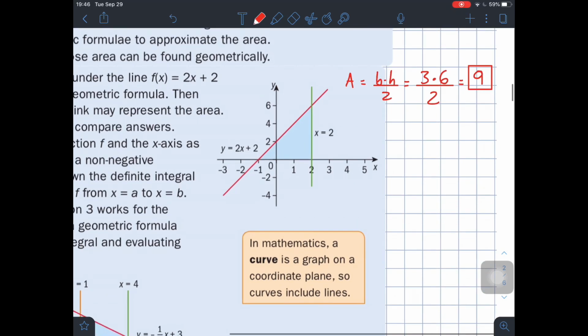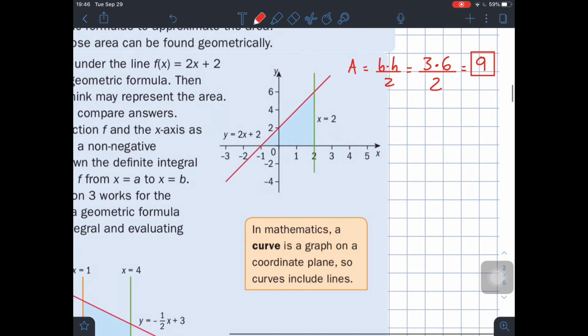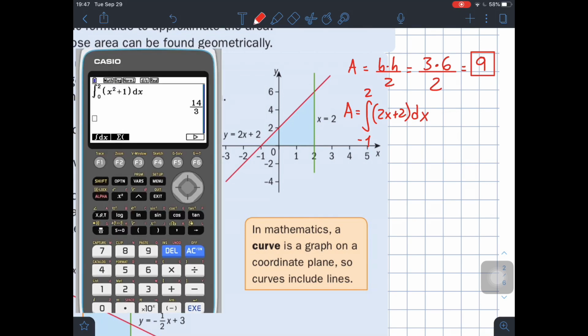But now let's try finding this same area by using the concept of integrals. To find the area, we would find the integral from -1 to 2, right? From x equals -1 to x equals 2, from -1 to 2 of this expression over here, right? Of 2x plus 2 with respect to x, okay? So let's use a calculator for this. So I'm going to project the calculator. So if you take a look at the calculator right now,